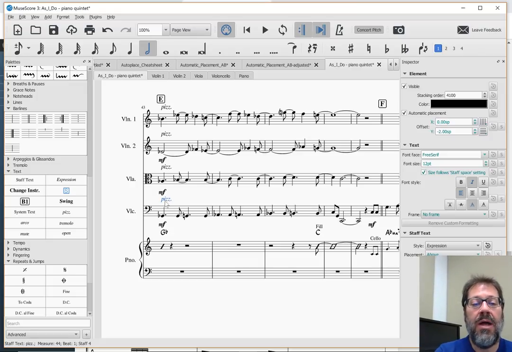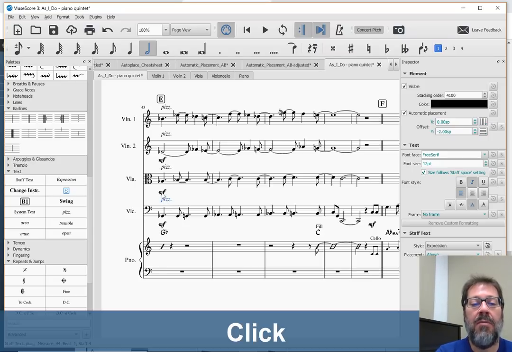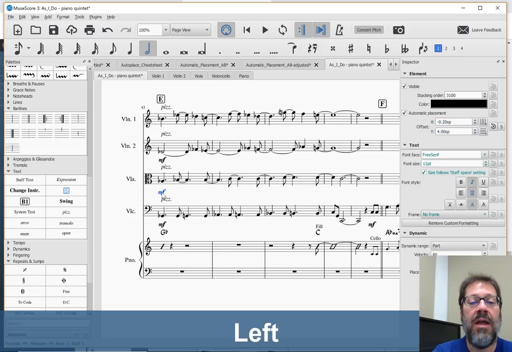Maybe in the score you're like, well, how about if I just manually adjust this? I'll just move the dynamic marking here to the left. That's great. Again, don't disable autoplace. Just start moving it to the left, and as soon as there's room,